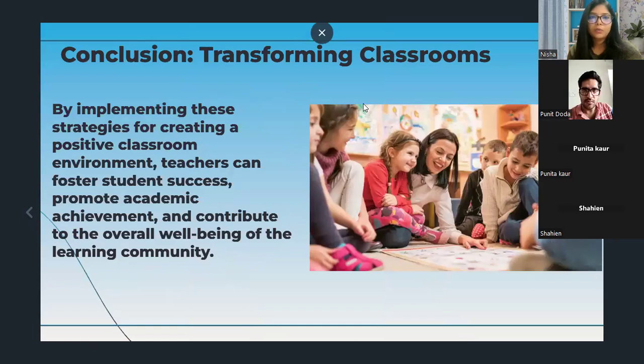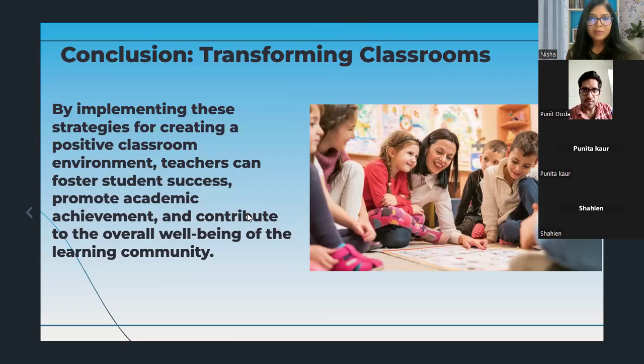So the conclusion of transforming the classroom is that by implementing these strategies for creating a positive classroom environment, teachers can foster student success, promote academic achievement, and contribute to the overall well-being of the learning community.